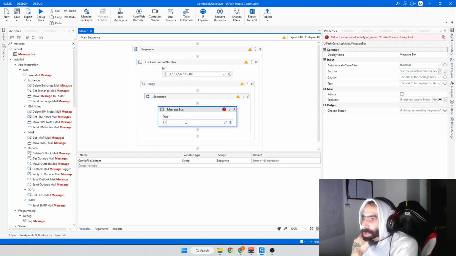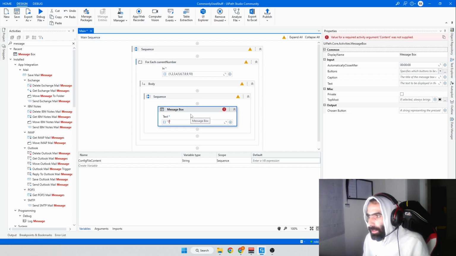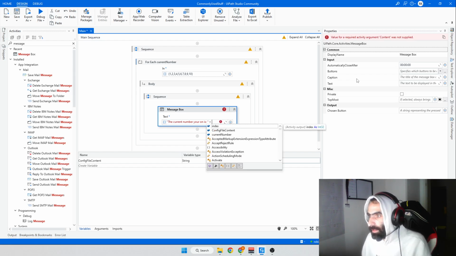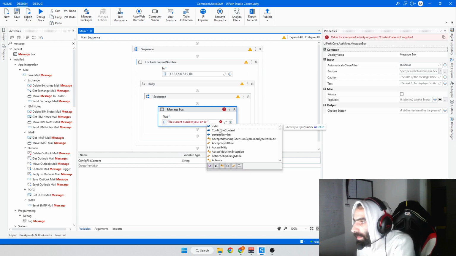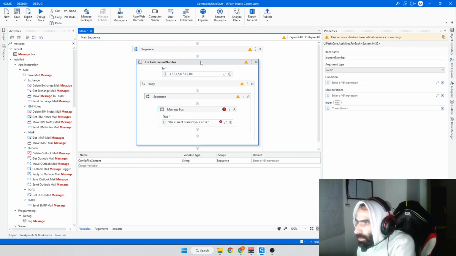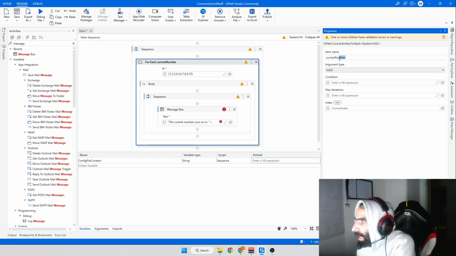And in this message box, I will type "the current number you're on is", and then we'll do commas, or I don't even know English anymore, it feels like. And then we'll do plus, and then we'll do index, right? So I think this is called index, or is it called current number? I'm not sure. Let's check. So we're going to press here, and we see, yeah, item name, current number. So the current number